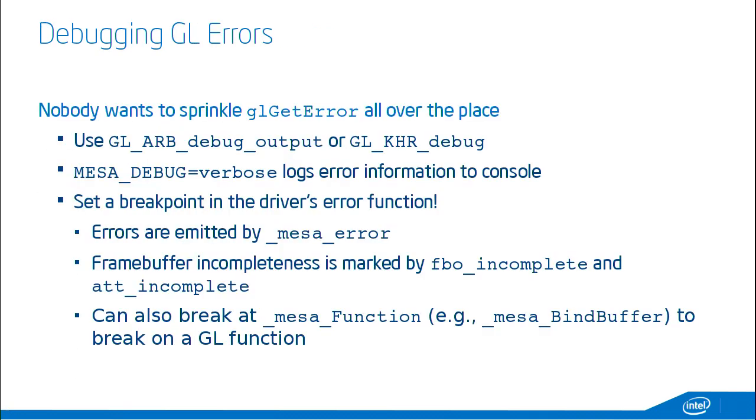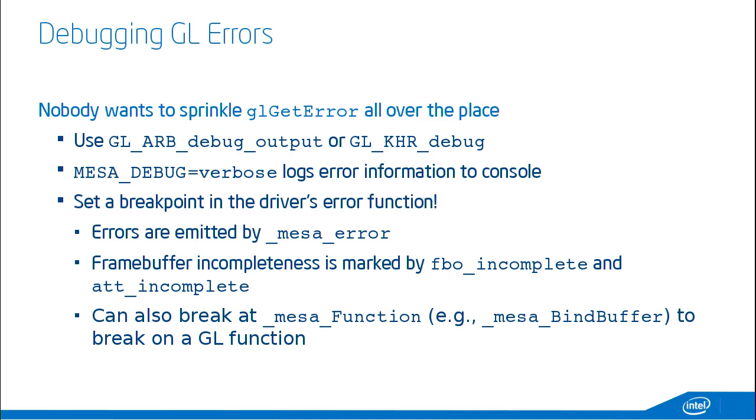So another nice thing that you can do with the open source driver is it's really helpful for debugging GL errors. So you can already use the various debug output extensions to get information about when a GL error has occurred, which is definitely better than having to sprinkle glGetError all over in your code like we used to have to do in the old days. But if your app isn't already instrumented for debug output, it still means you have to go in and write a bunch of code and do some instrumentation. So alternately, you can say MESA_DEBUG=verbose, and it will just dump out whenever a GL error gets